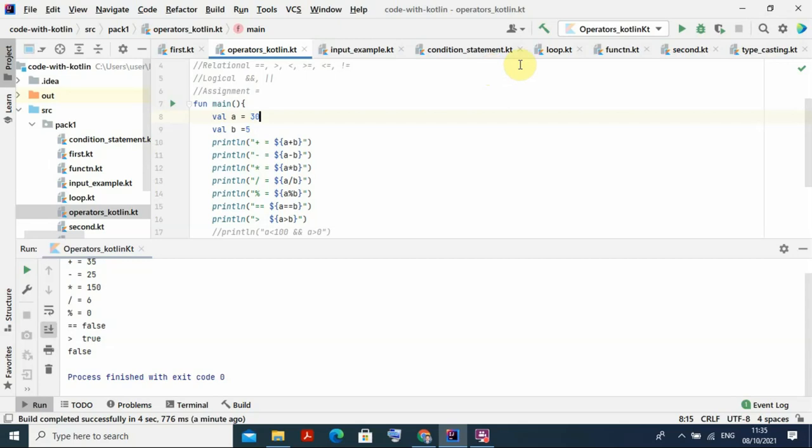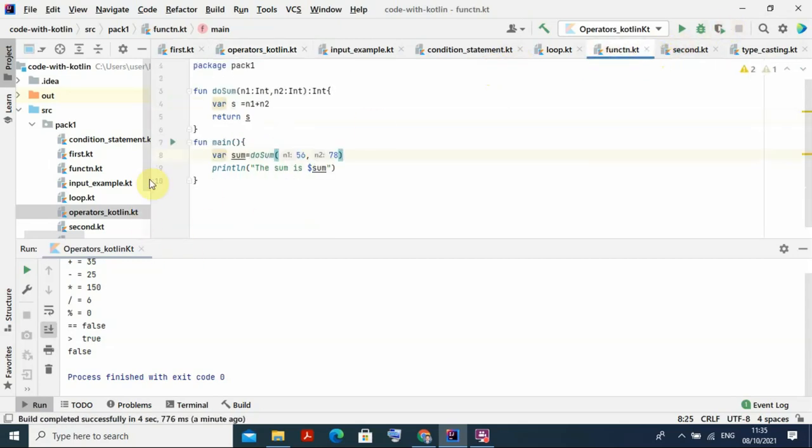Next we are moving to the function, which is the most important part here. So for the function, you go for function dot kt. Now, how do you declare a function? There will be at least one main function, because the program starts execution from that one only. And you can have a number of functions in addition to that one. Those functions you can call inside the main function.